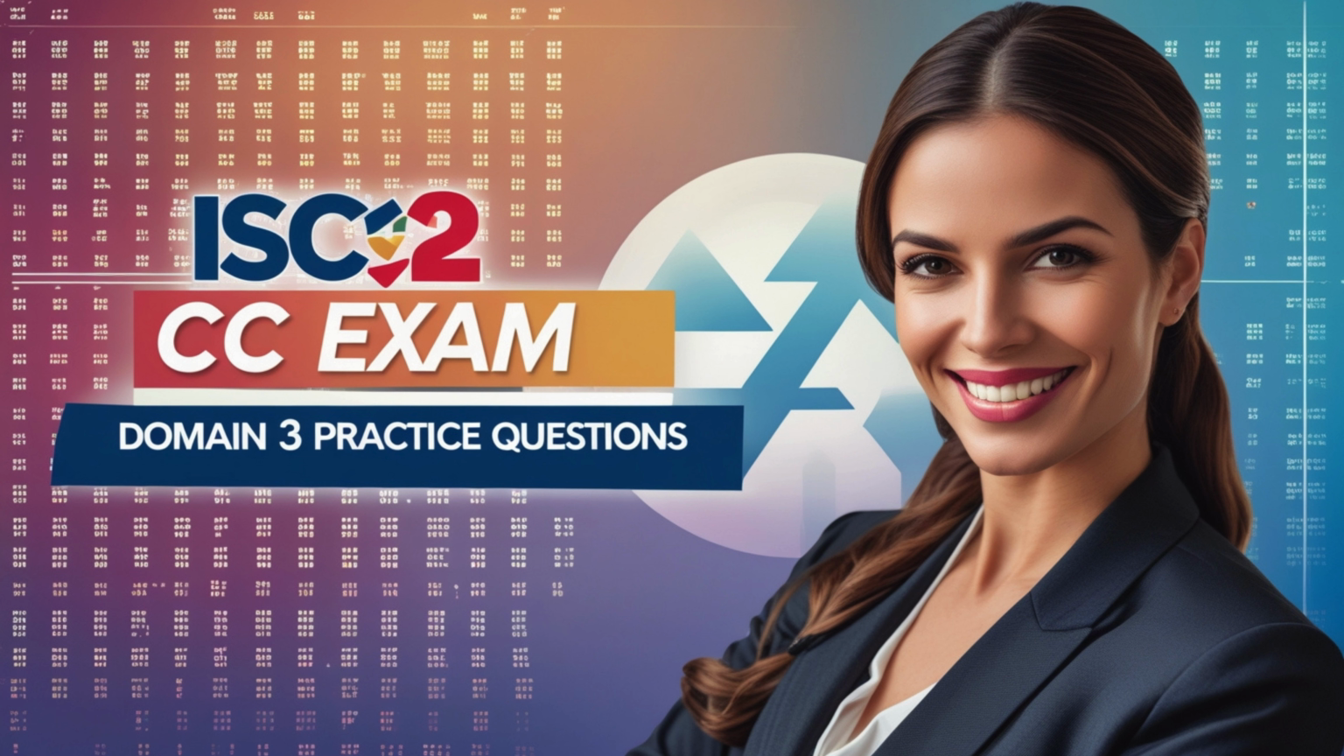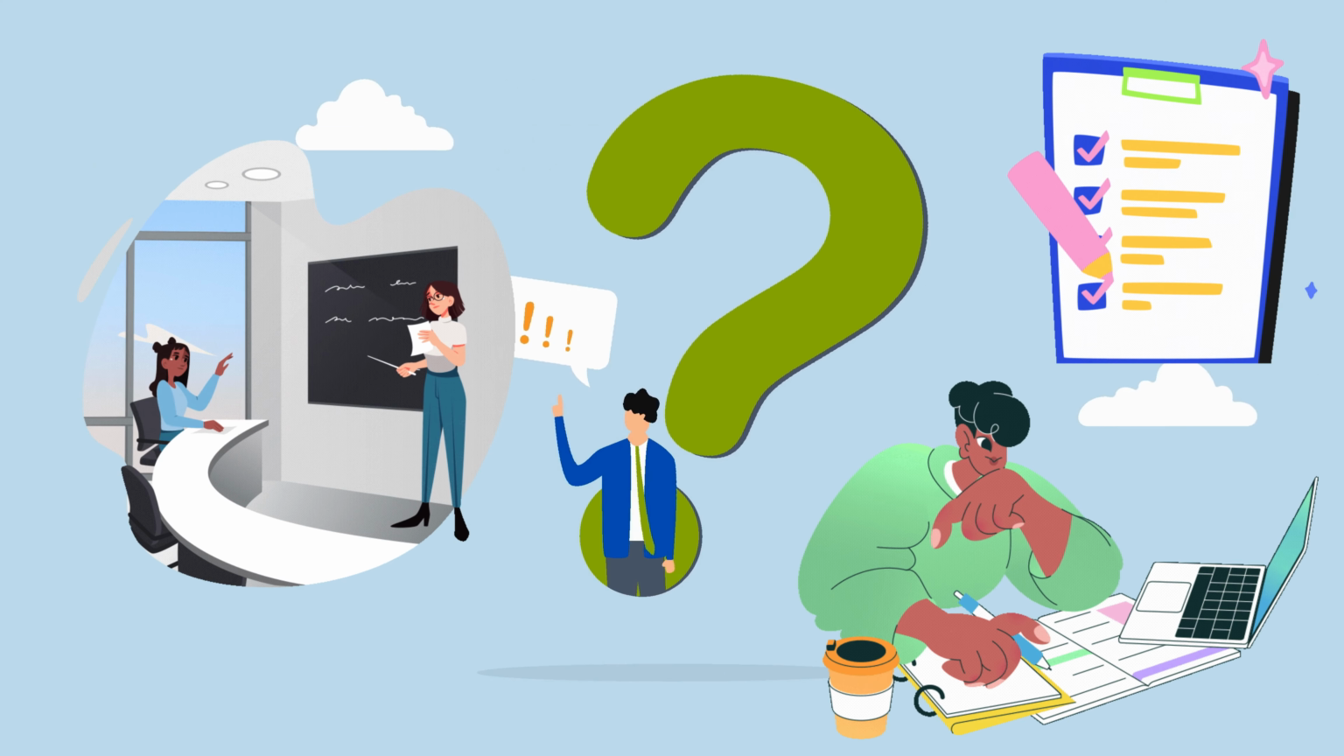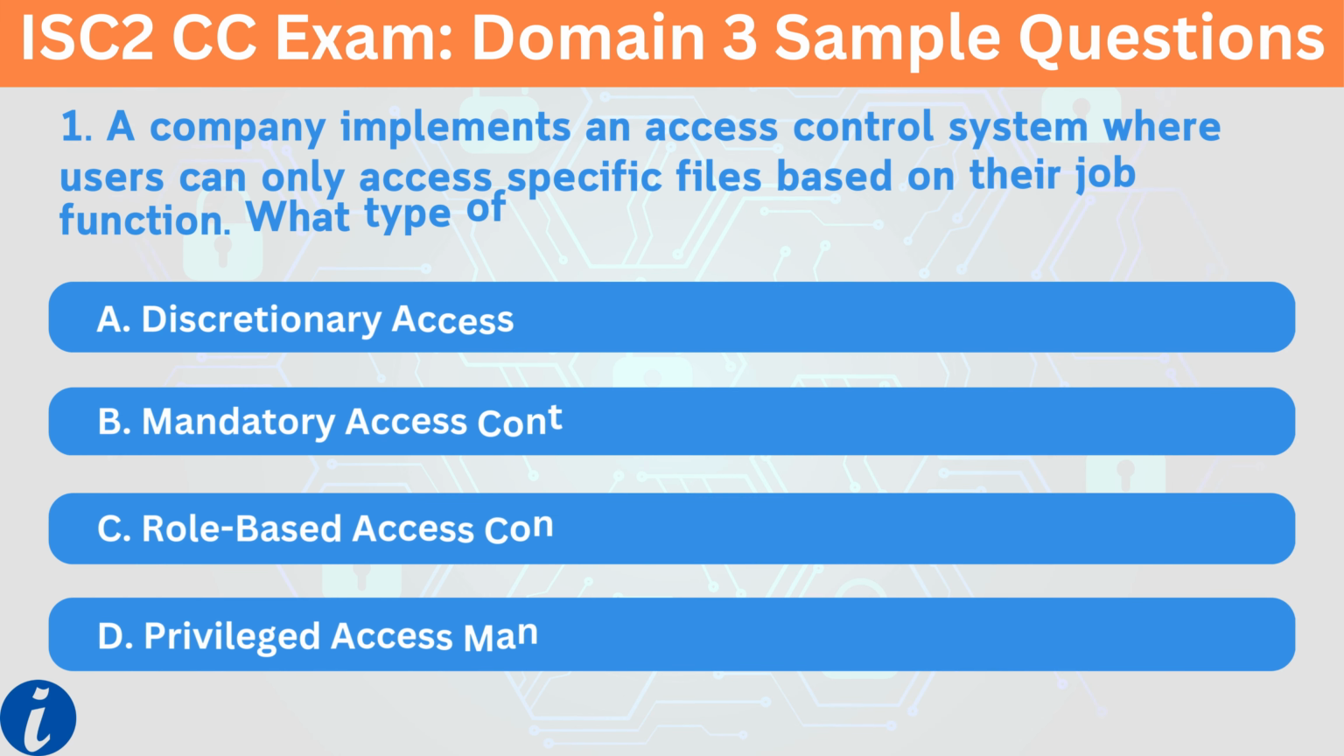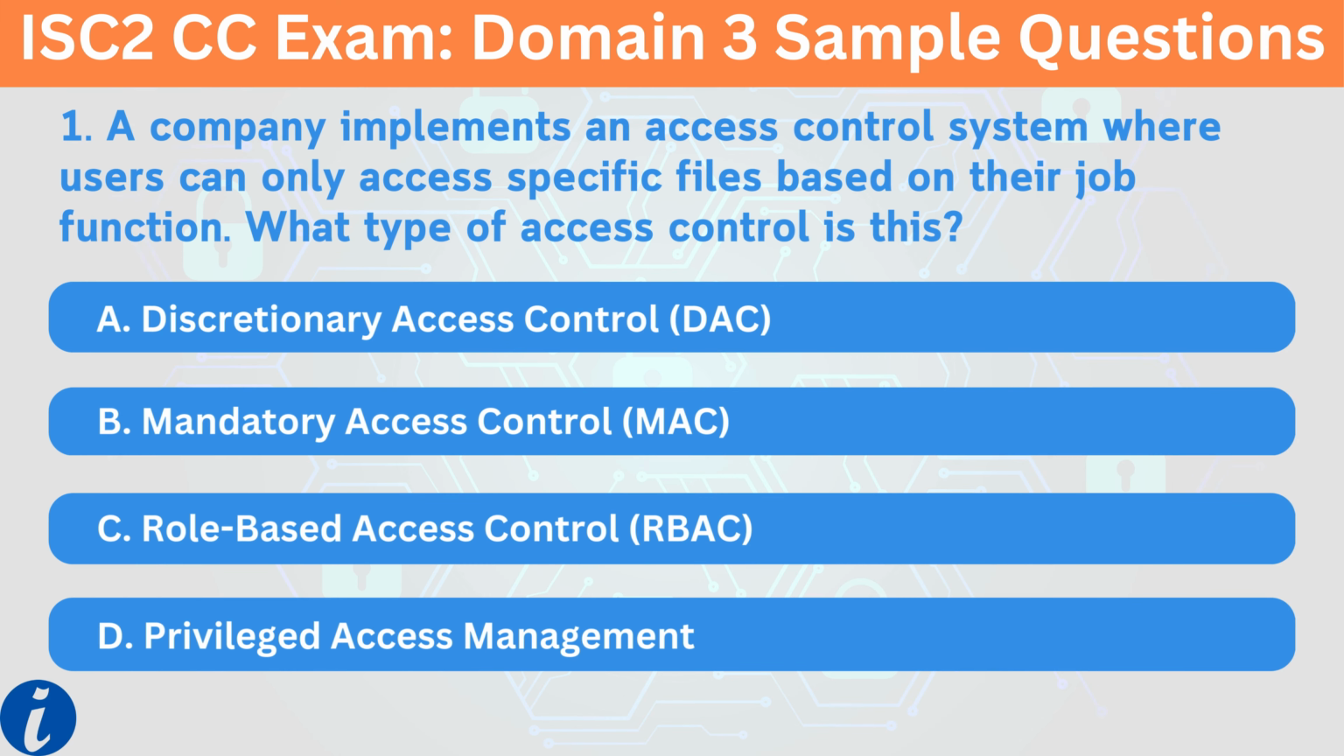In this video, you'll discover 100 sample questions from Domain 3 that will help you prepare for the ISC2 CC exam and boost your confidence. Let's get started. 1. A company implements an access control system where users can only access specific files based on